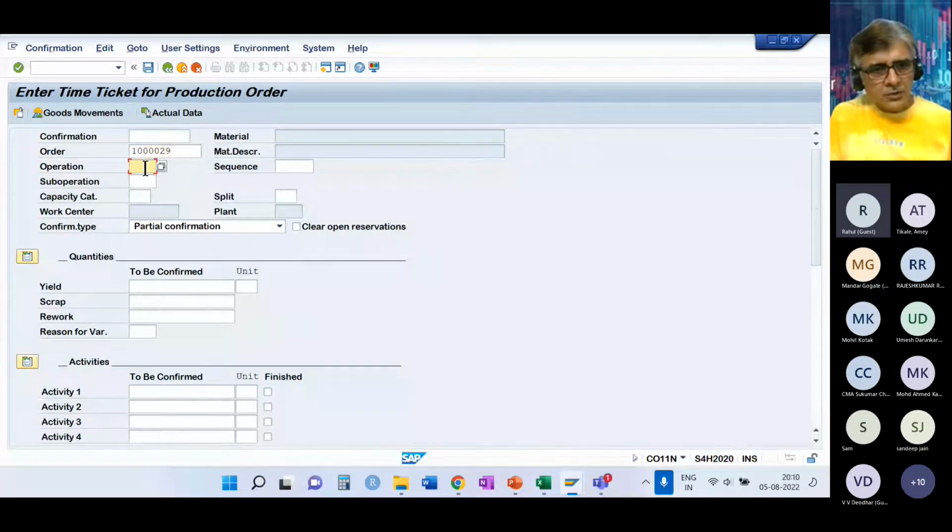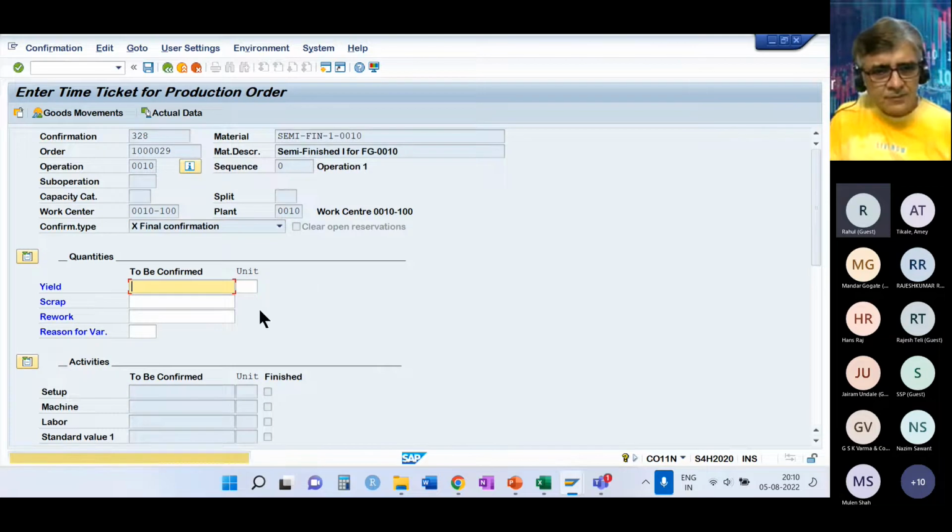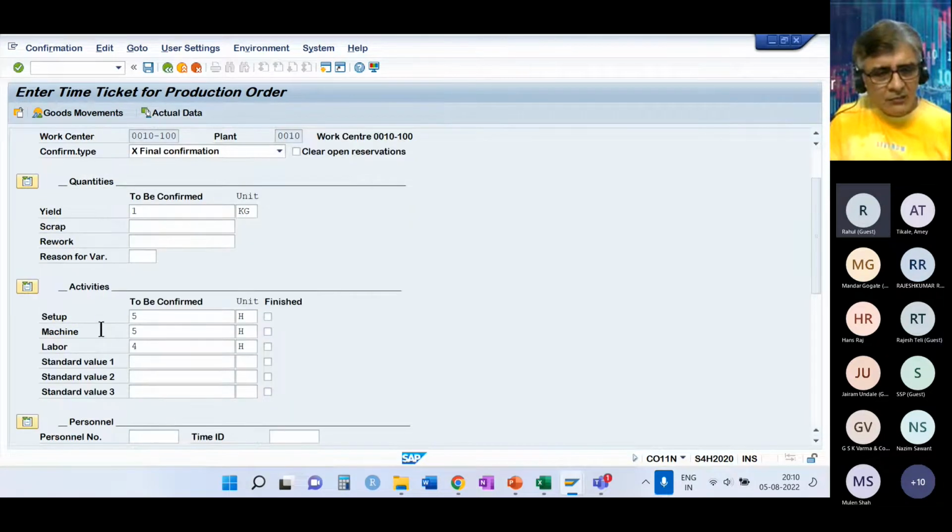Okay, so operation number 10, press enter. I'll say this is a final confirmation. Take the actual data. So you have this, for this particular operation, we'll require this much of activity hours.